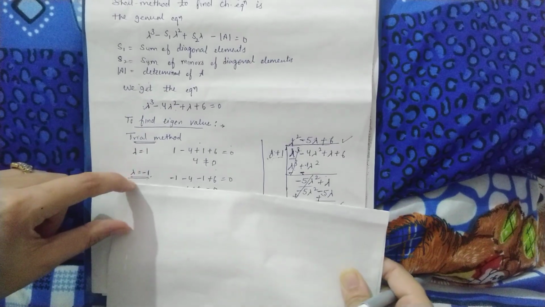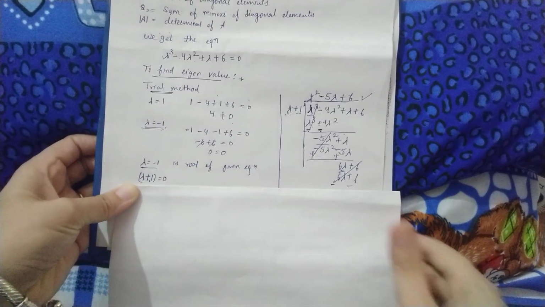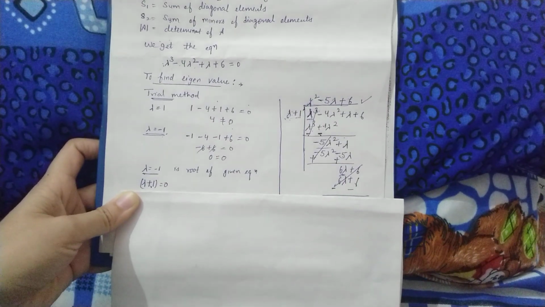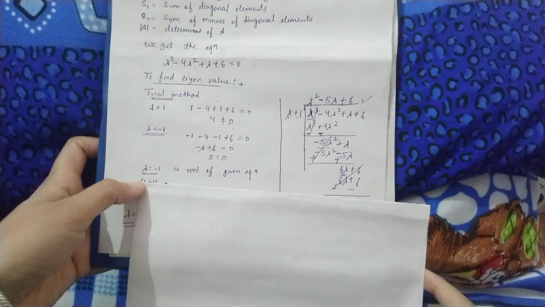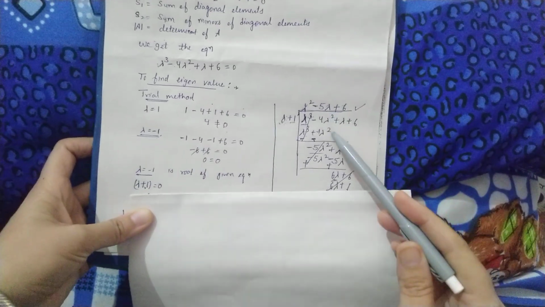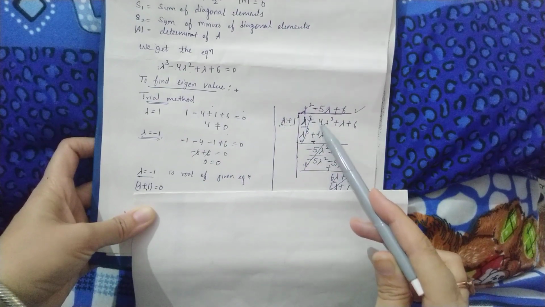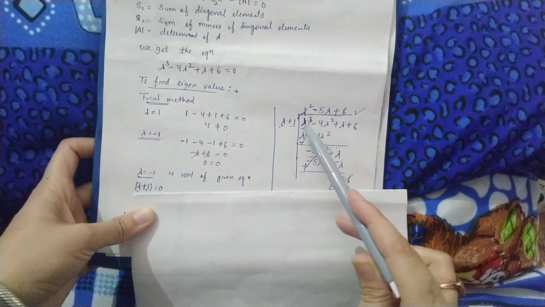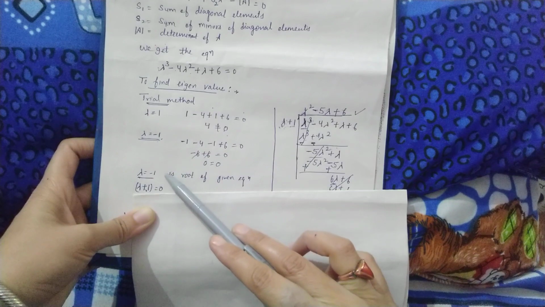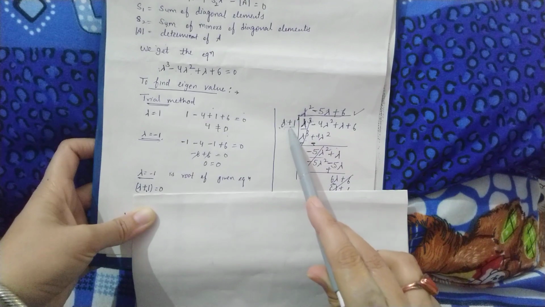If I take minus 1 to the other side, it becomes lambda plus 1 is equal to 0. So this is a factor of this equation. How can we find the other roots? By dividing the given equation by this factor, right? So I am going to divide lambda cube minus 4 lambda square plus lambda plus 6 by lambda plus 1. You write the equation inside, and outside is the root you have found, lambda plus 1. I am going to explain how to divide.